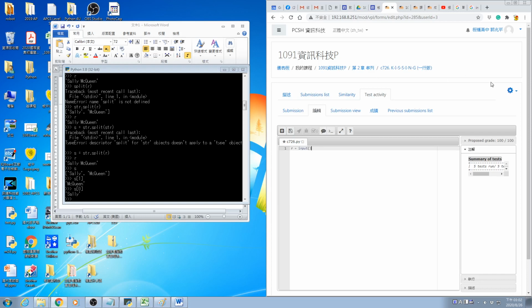All right, here we have r for inputs, and then we split r into two strings like this, all right? Any question? No. And then we print